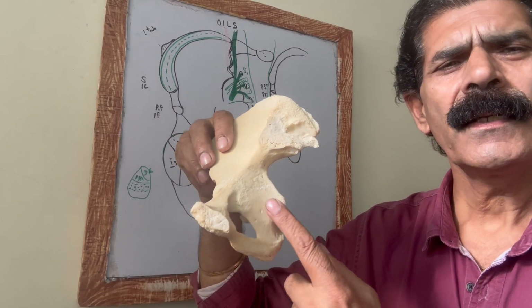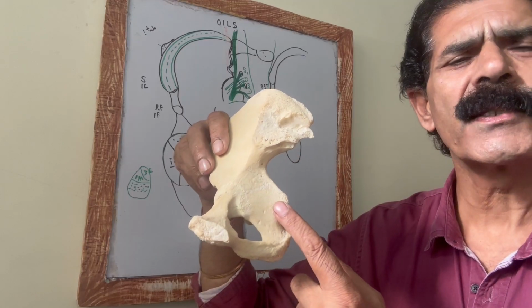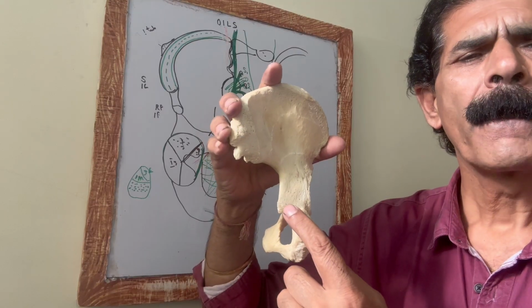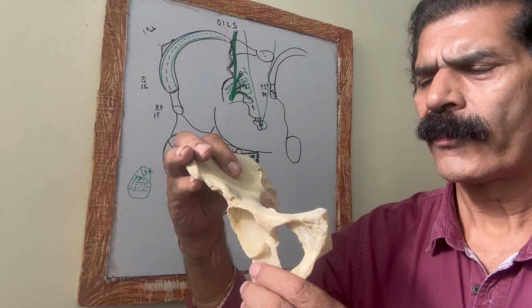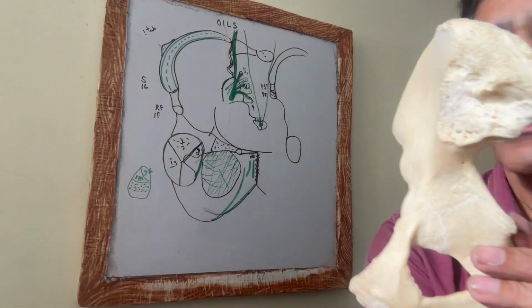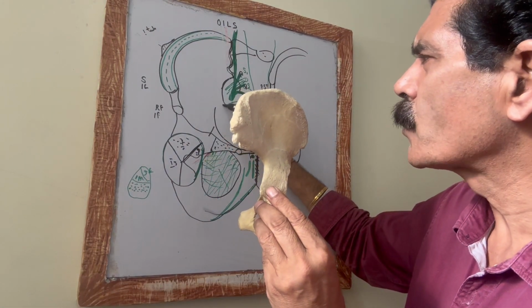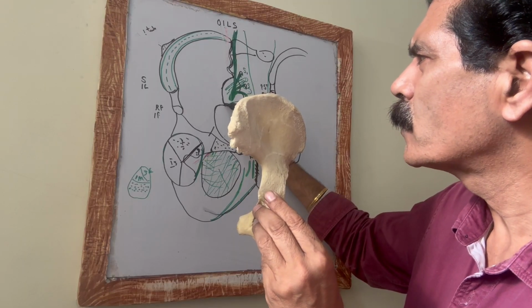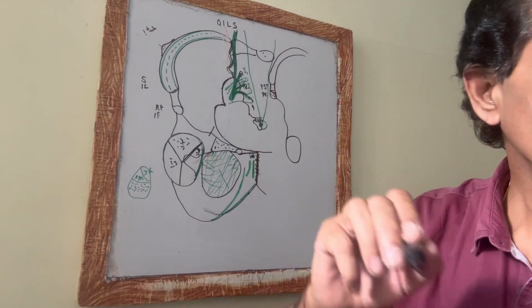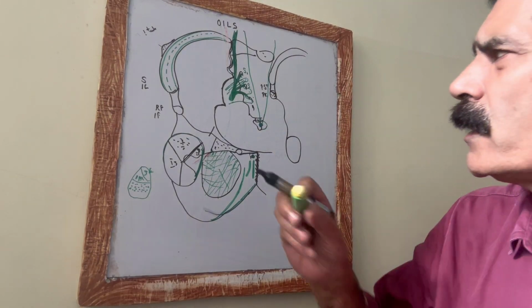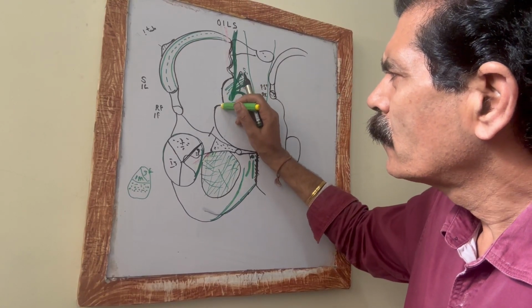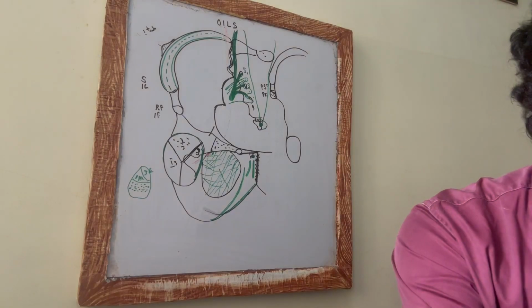The anterior or pelvic surface of the ischial spine is smooth, but the posterior or dorsal surface of the ischial spine is rough. This posterior surface is related to what is called the PIN relation. So the ischial spine's anterior surface is smooth, but the posterior surface is related to the PIN relation. P stands for pudendal nerve. The pudendal nerve passes touching the posterior surface of the ischial spine and is the medialmost.